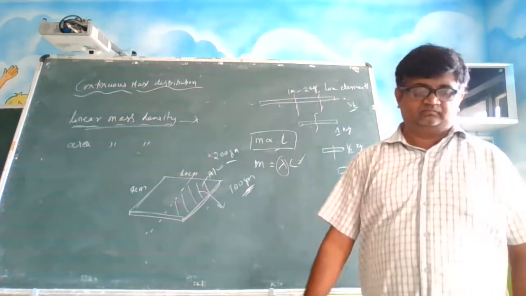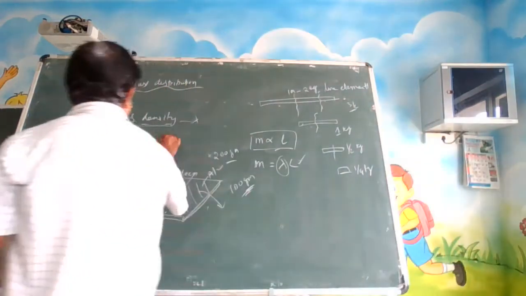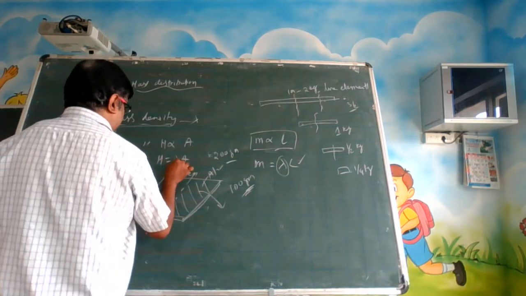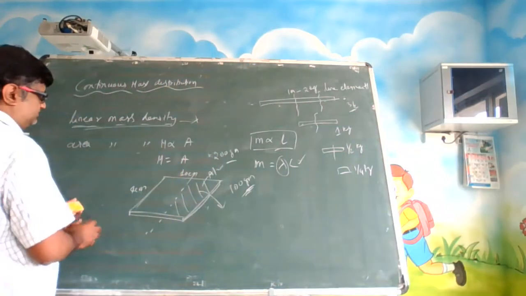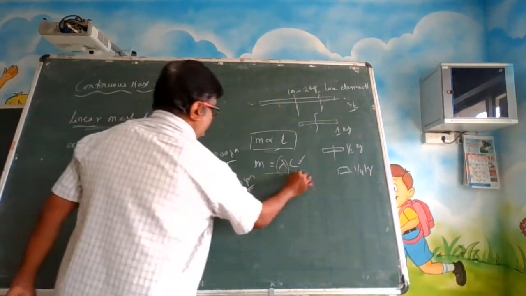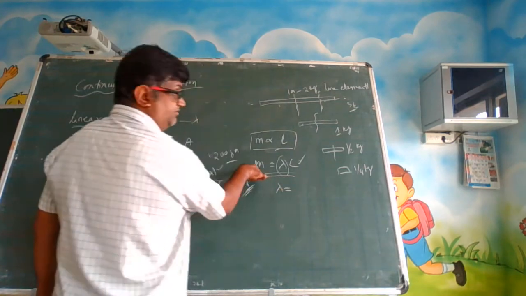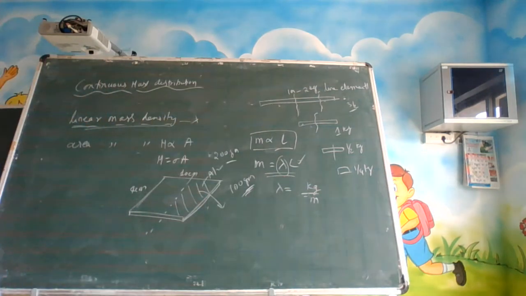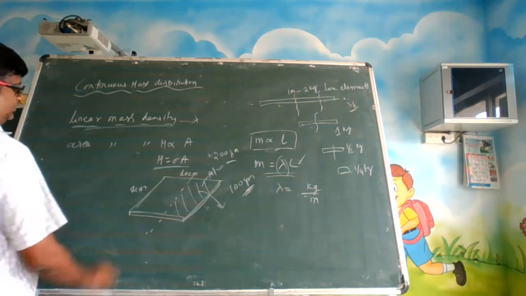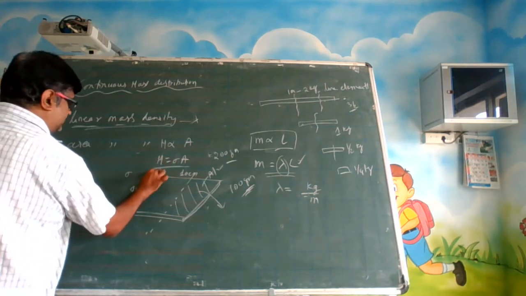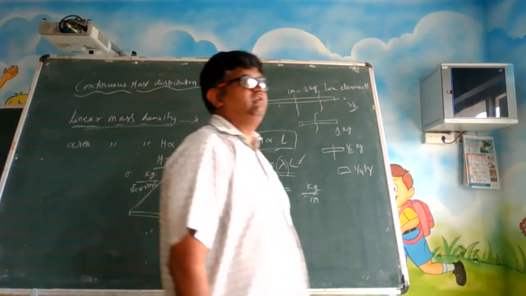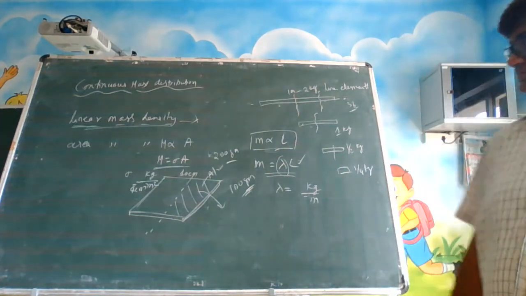If I take this piece out as well, this piece is also 100 grams. So here M is proportional to area, or I can write M is equal to sigma times A, where we use a term called sigma. We have not discussed the unit here. For lambda, the unit: M is mass, so kg divided by L in meters, kg per meter. Here M is equal to sigma A, so sigma has units of kg per meter square. In the question they will give you the sigma value, depending upon the question.